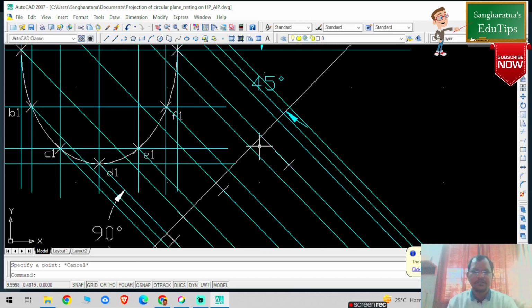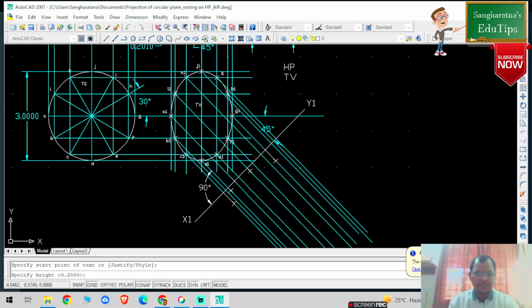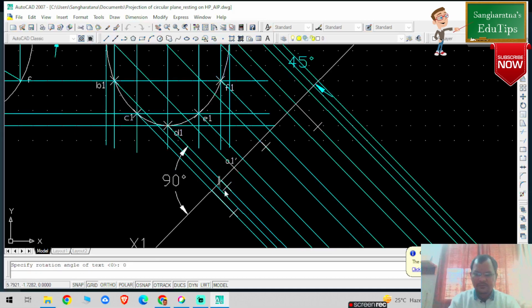For your understanding, you can give the naming. The text, select any point on the screen, height 0.1. So this is now my A1 dash. This particular point is my B1 dash. This is my C1 dash, or you can write it a little bit aside, C1 dash. This particular point is my